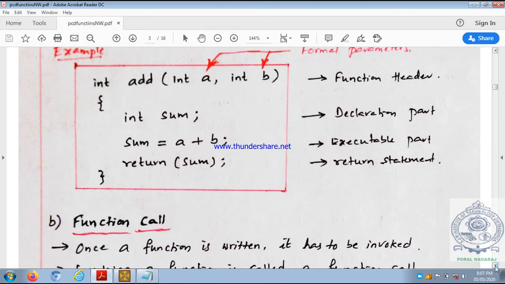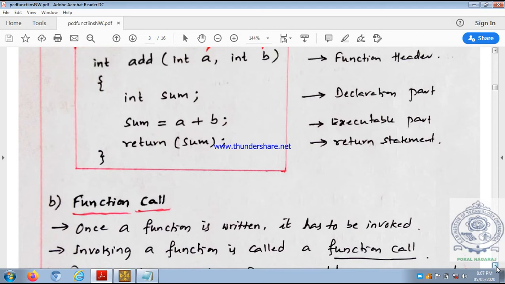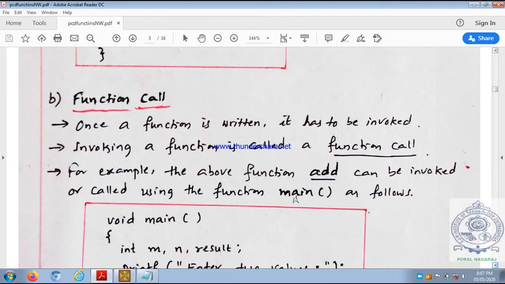So whenever you want to call this function add, you can call it by its name and required number of parameters. Once a function is written, it has to be invoked, it has to be called or invoked. So invoking a function or calling a function is called function call.